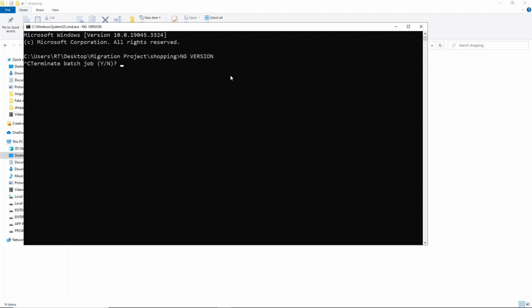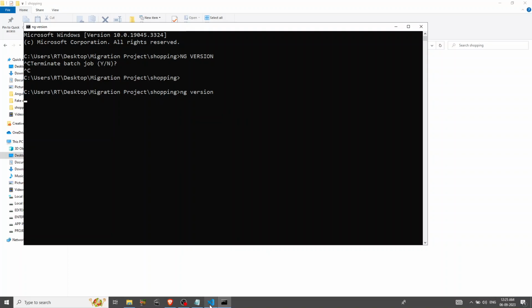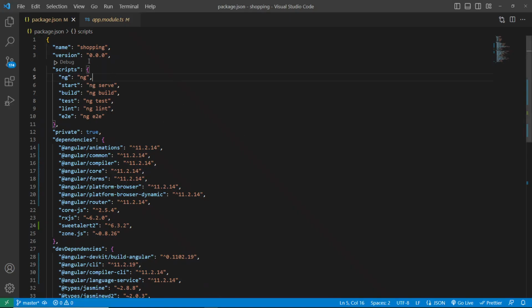Okay, I gave it in uppercase. Let me give it in lowercase here. So this command is going to give the version of our application which is there currently. Okay, so this will take a couple of seconds. In the meantime I'll just show you some information in the